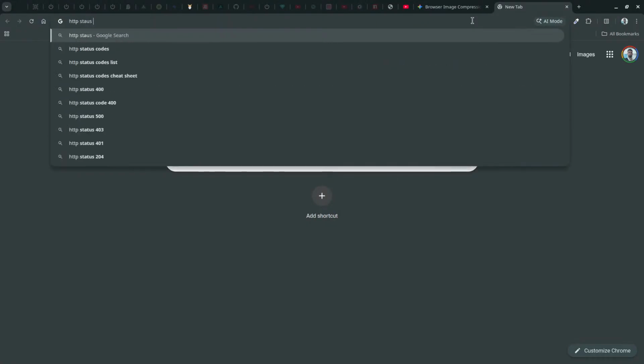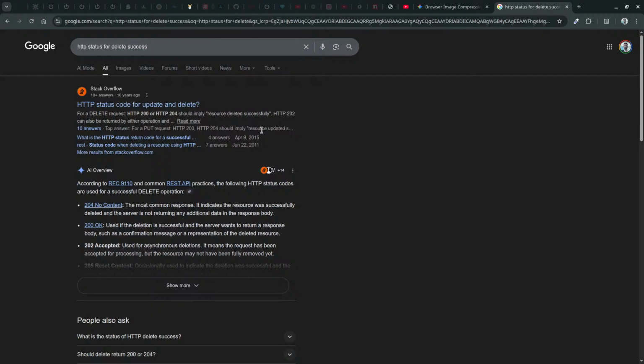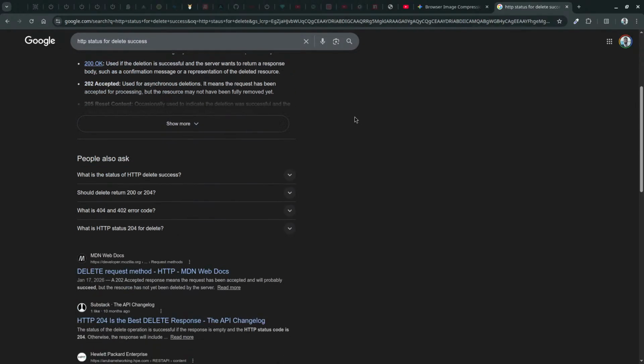HTTP status for delete success. For a delete request, HTTP should imply the resource was successfully deleted.